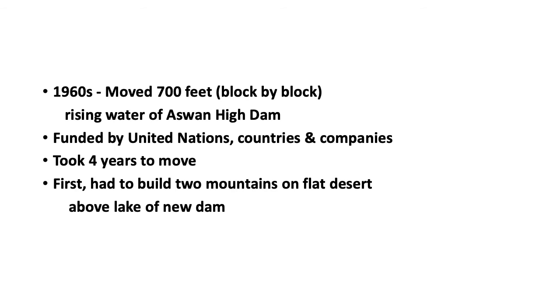remember the Nile flows from south to north. The dam was going to be on the northern side of these two wonderful temples. And the result of building the dam is, of course, behind the dam, you have a lake. The water goes up, and the water was calculated that it would go up and totally flood these temples. Well,